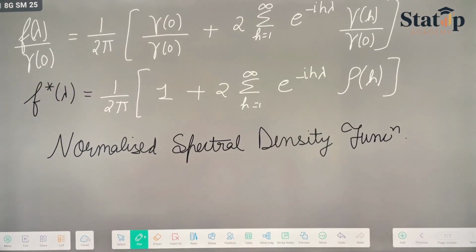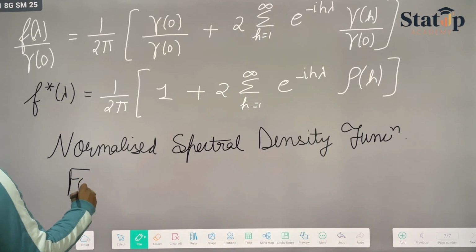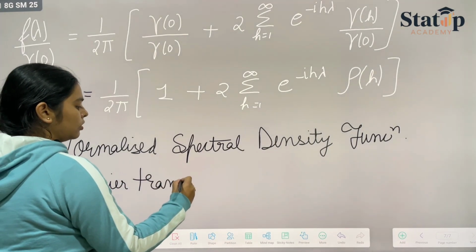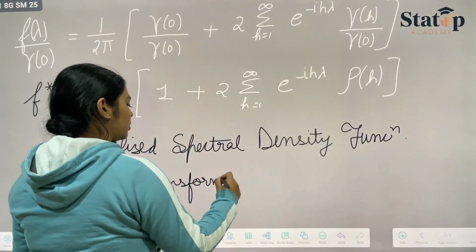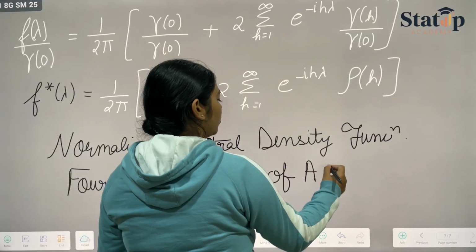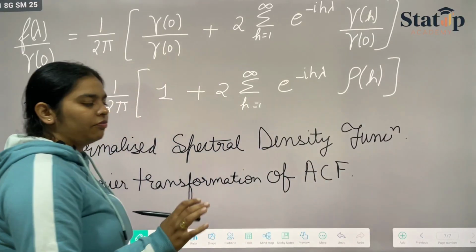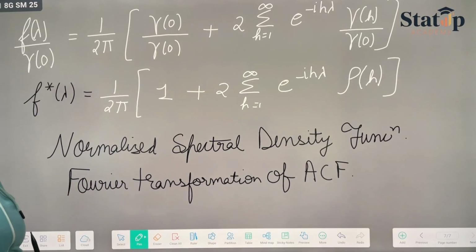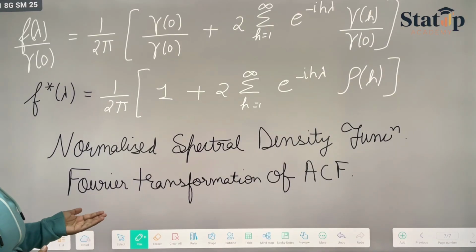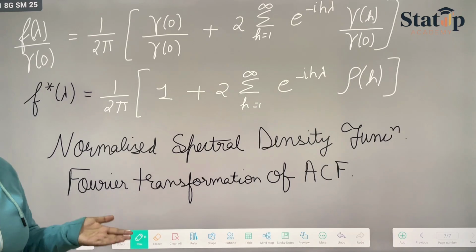Okay. So this completes, and it is also known as the Fourier transformation of autocorrelation function. This definition I made you do in the first class of this spectral density function. There you couldn't understand it. So now I hope that it is understandable why I said that it is the Fourier transformation of autocorrelation function,